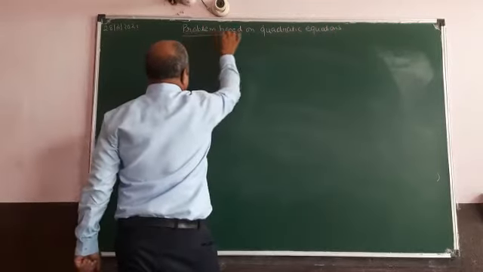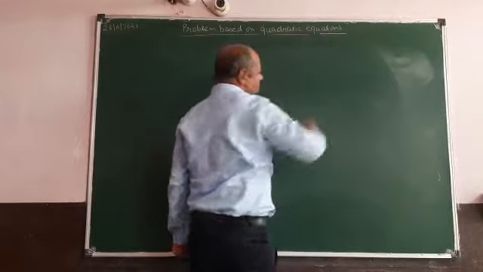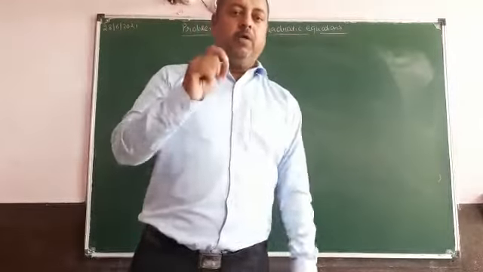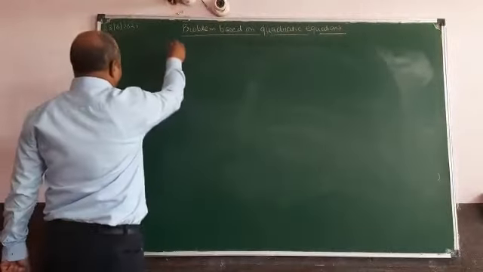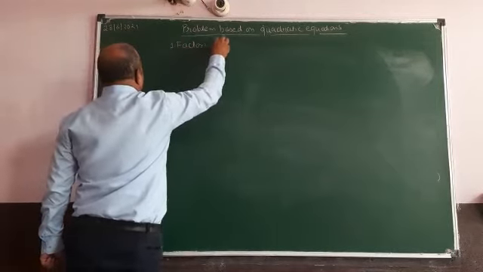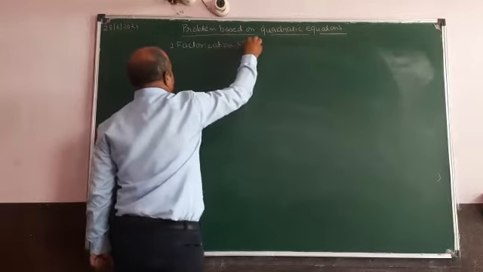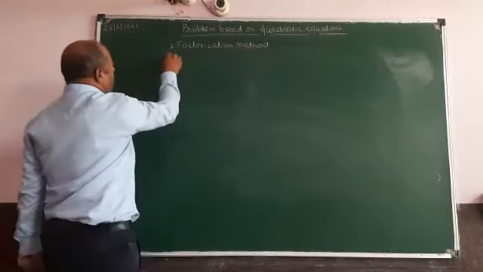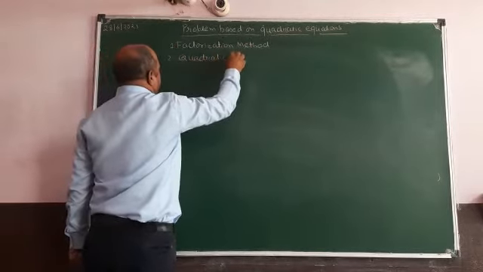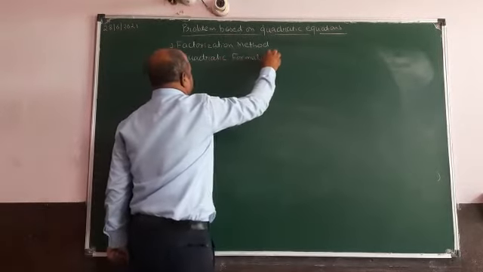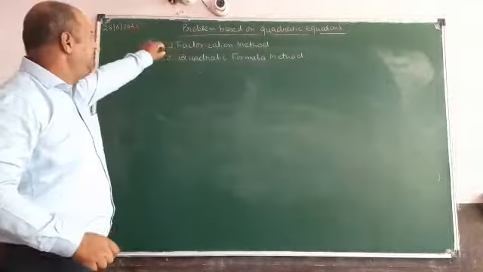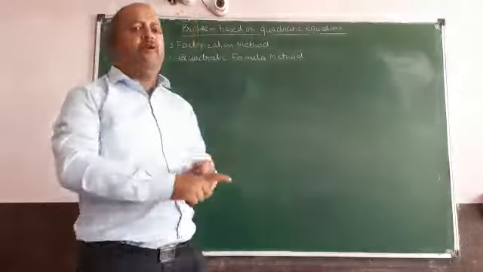So how to solve a quadratic equation, that we have done in the previous chapter. To solve a quadratic equation we mainly use two methods. One is called factorization method. The other method is quadratic formula method. So first method is factorization method, in which we use to tell you how we can factorize the